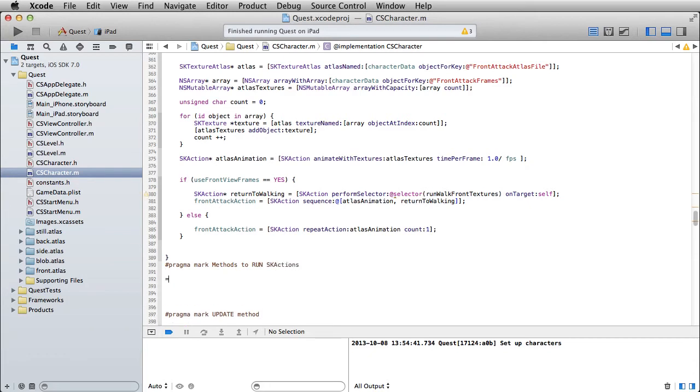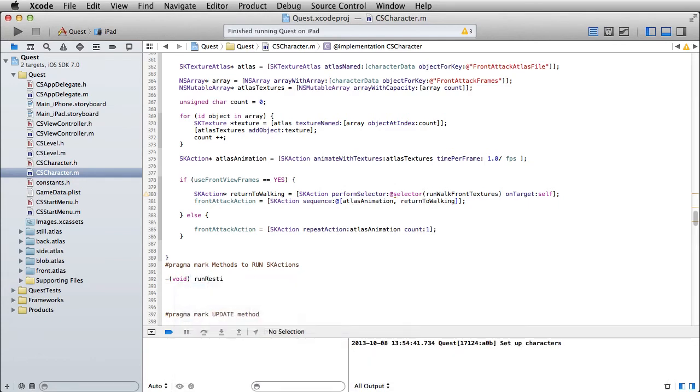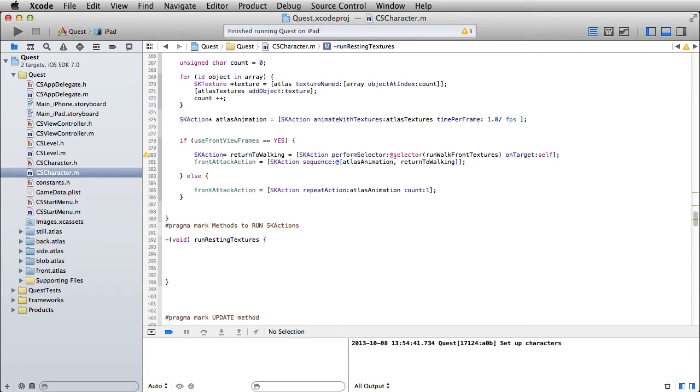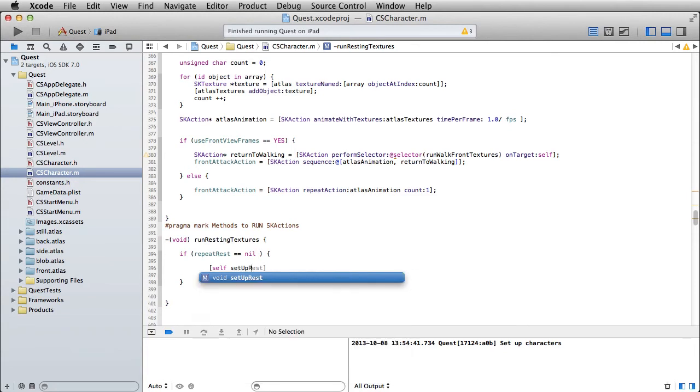All right, well, the first one is going to be run, and I'll start all of these with the word run. Resting textures, and the first thing we're going to do is say if repeat rest equals nil. That's our action, and if it equals nil, that means it hasn't been set up yet. It doesn't equal anything. In which case, we'll just call self set up rest,